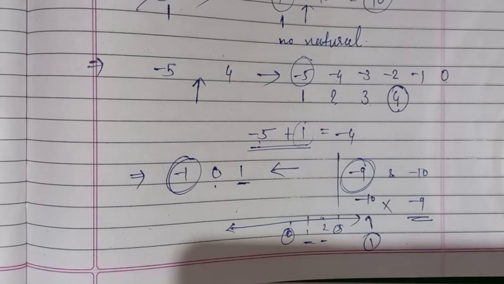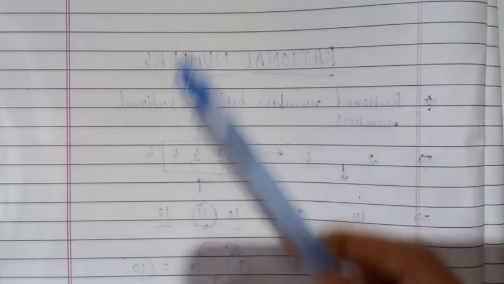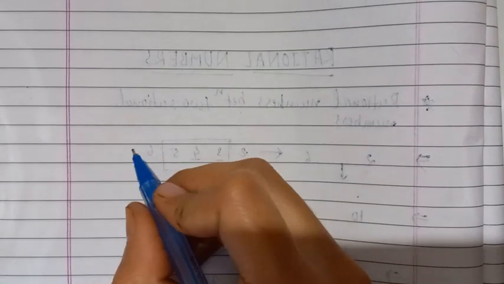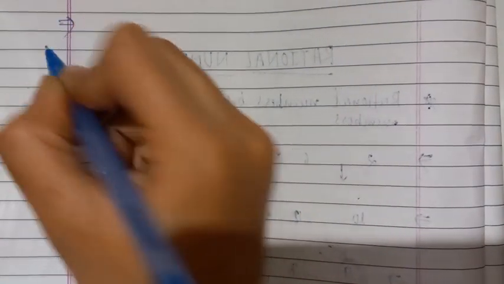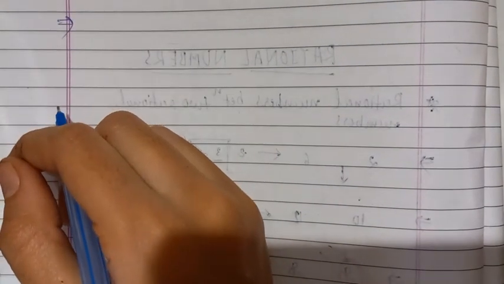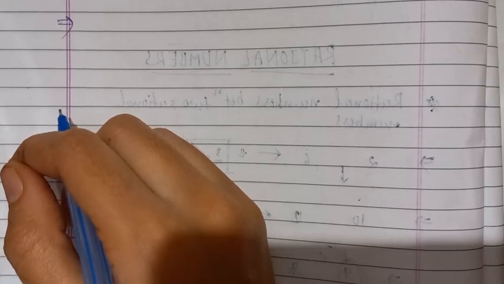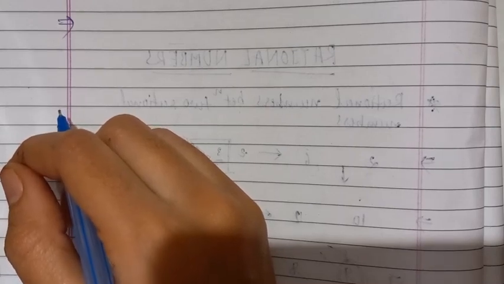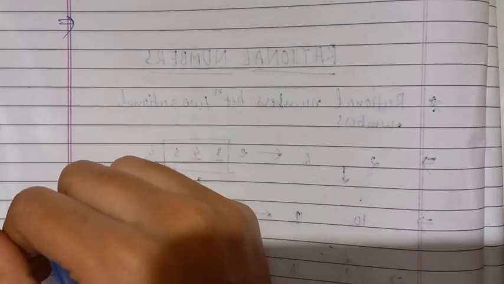So this is the definition of a rational number: any number in the form of p by q is a rational number. So let's start talking about rational numbers. Let's take an example. Previously we counted the numbers between natural numbers, integers and 0, and